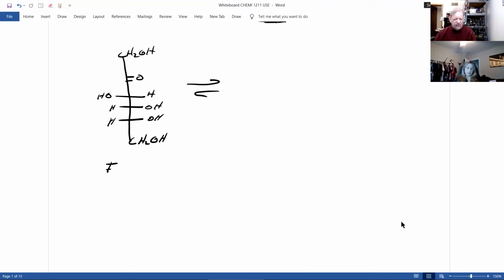Now, this is fructose. And as I mentioned the other day, you can get it from corn syrup. They call it high fructose corn syrup, and it's the sweetest sugar available. And the same reaction